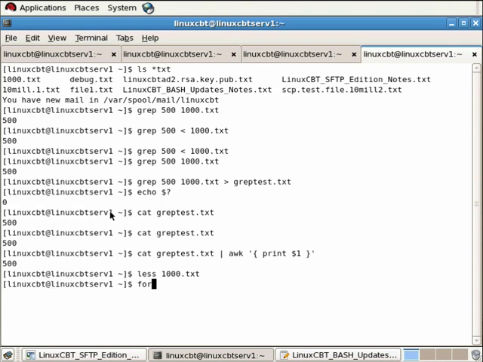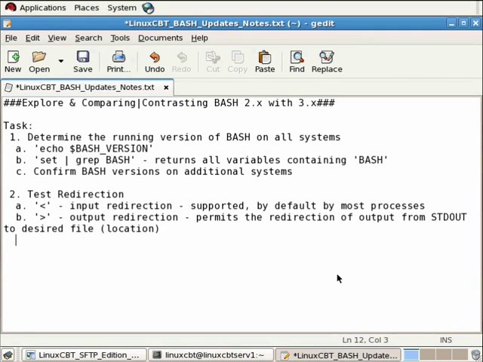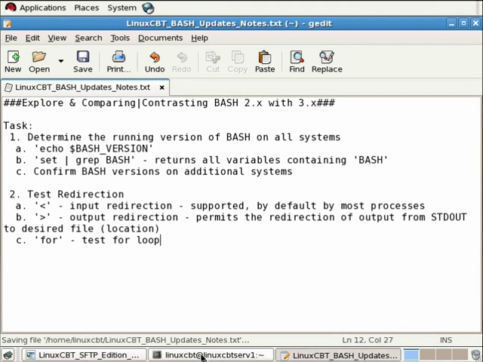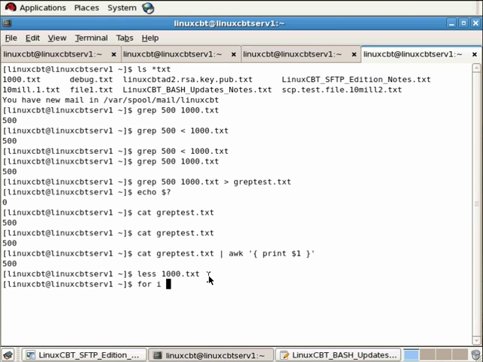We could use a for loop defining a variable, and let's just list this as another task. For loop, so test for loop invocation, and expect it to work similarly. So for i in, and whatever that command is, we're using command substitution here, which also works. So we could cat the contents, let's say, of